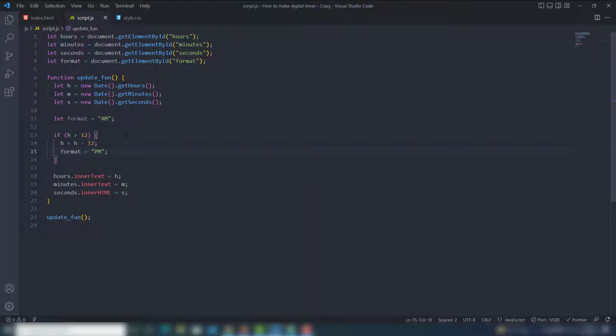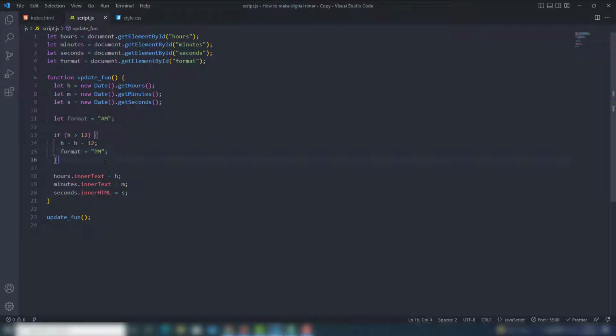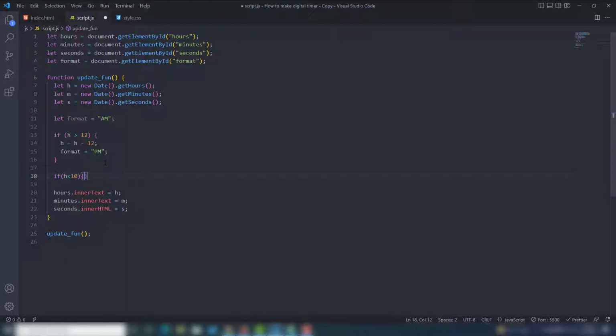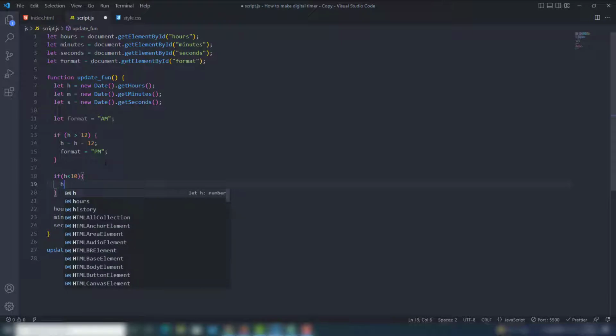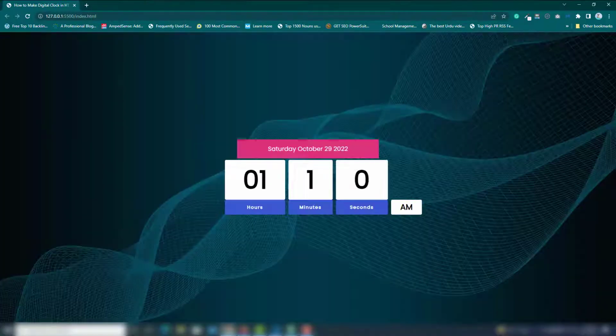That's it, right? Then the next thing is I want to display the 0 on there, 0 1, or you can say 0 1 2 3. So you need to call the if statement again. I call if h less than 10 to assign the 0. So I call h equal to double quotation, meaning add the 0. I call concatenation and the variable name. So let's see, as you can see,